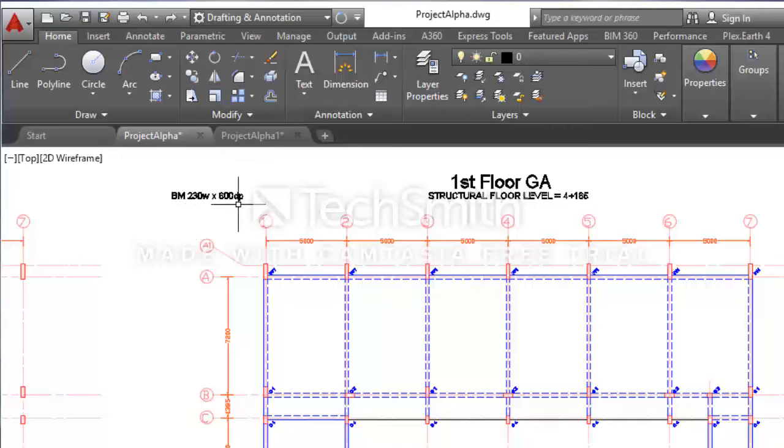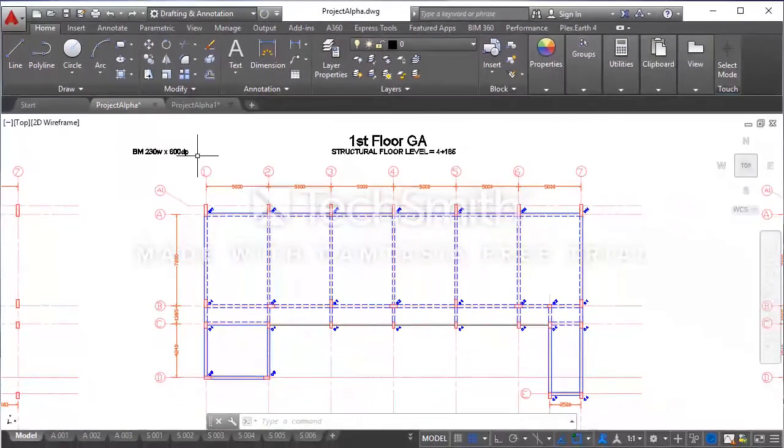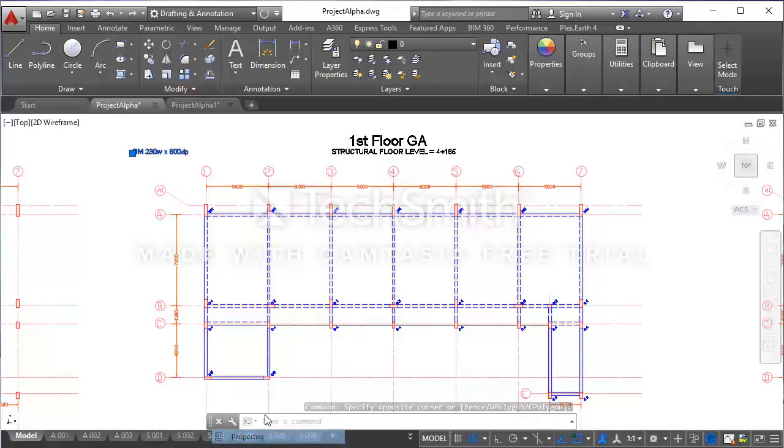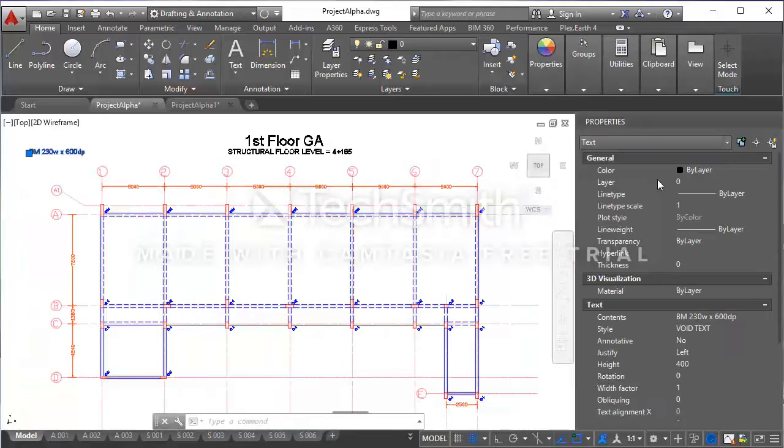Now I'm going to apply color to this beam label to make it look more attractive. I'm going to use the blue color. I will select the text, right click on my mouse, click on property, then I will change the color to blue.